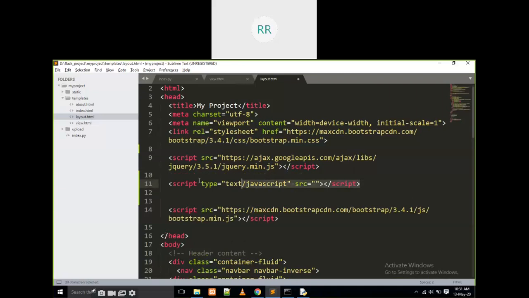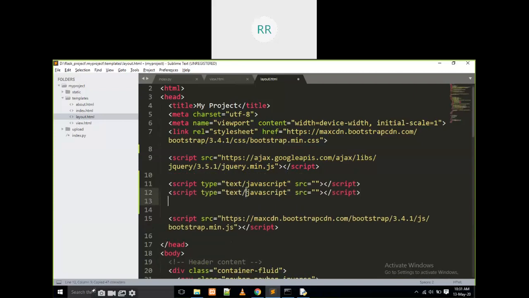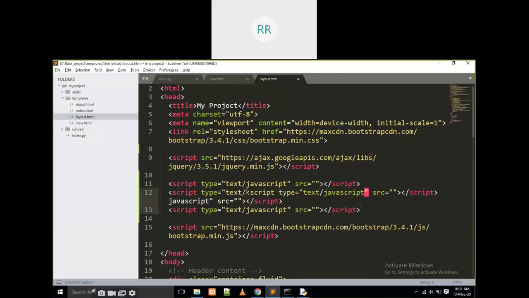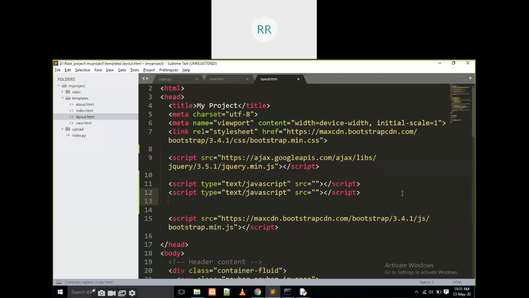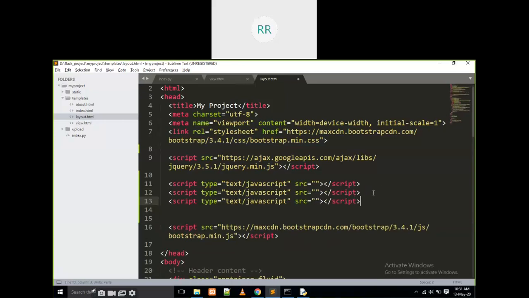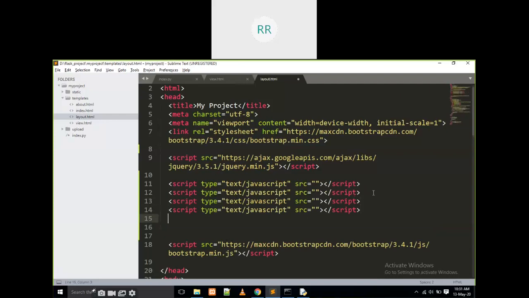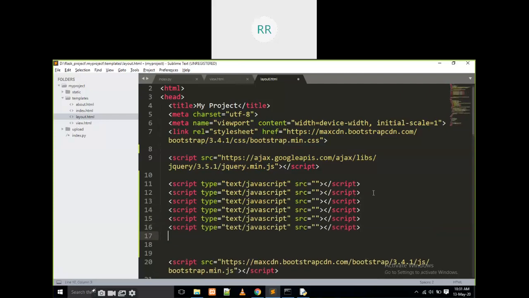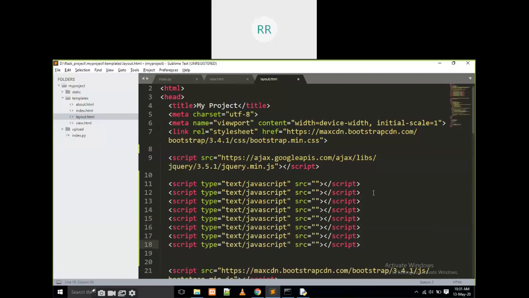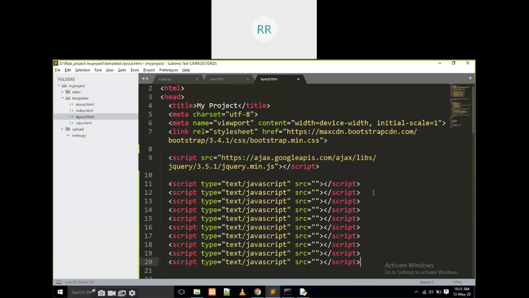How many files do I need here? I need 10 files, right? 1, 2, 3, 4, 5, 6, 7, 8, 9 and 10.